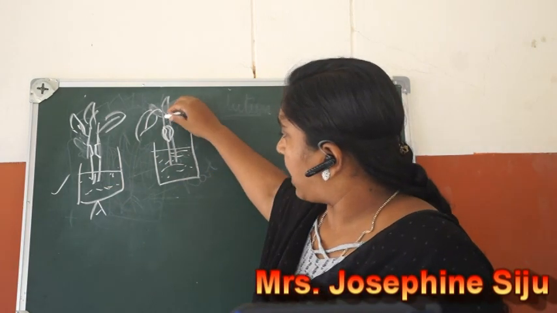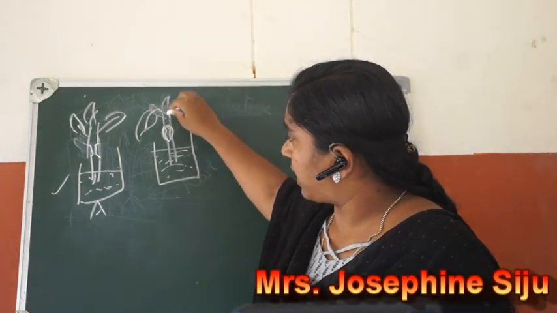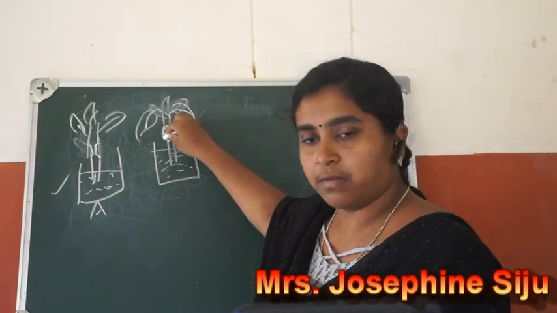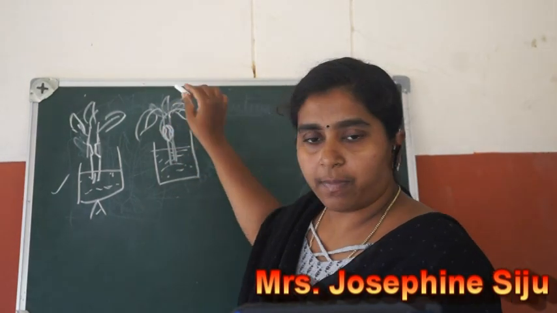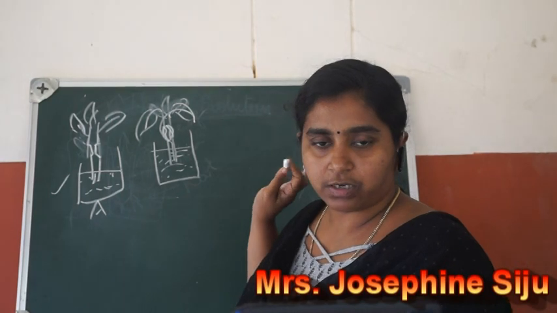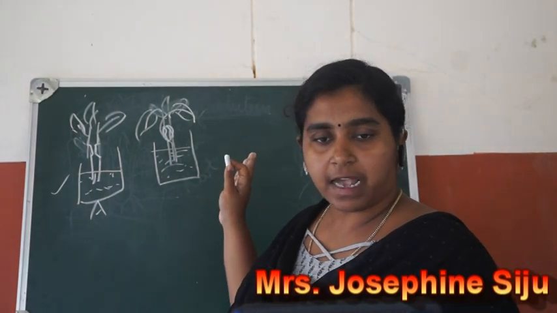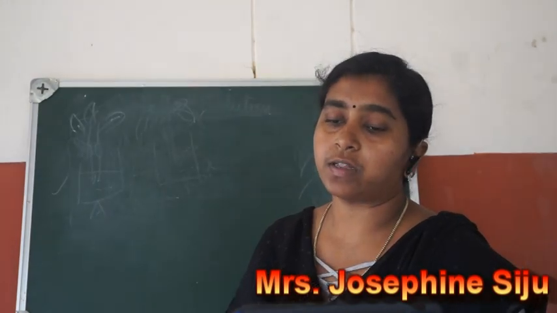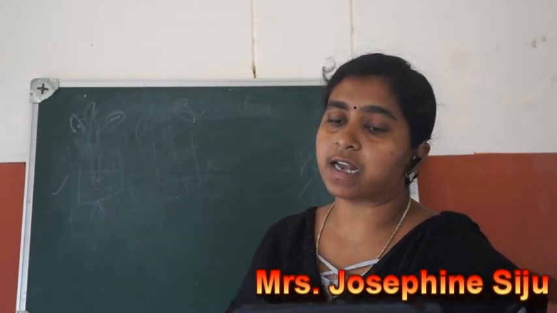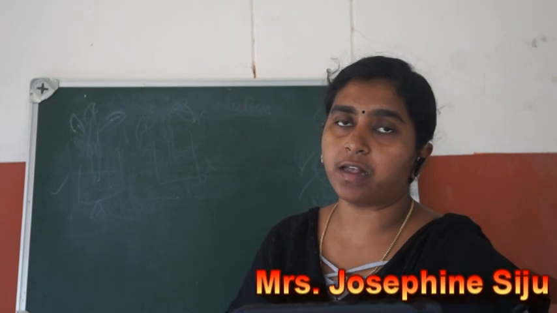Here also the stem is connected through the phloem. If the water wanted, maybe it could go through the phloem, but it is not connected that way. The water should travel only through xylem. Clear? Now we are doing this experiment to show that food from the leaves is conducted downwards through phloem in the stem.